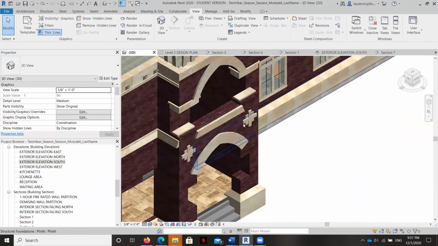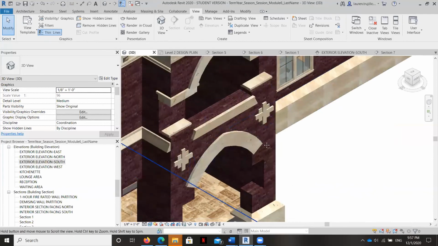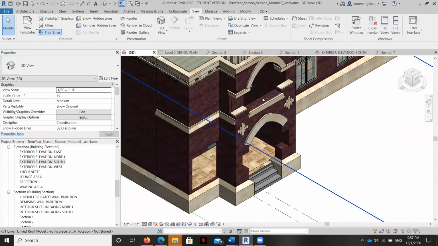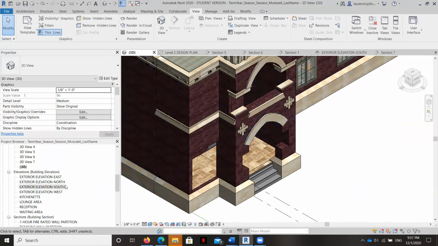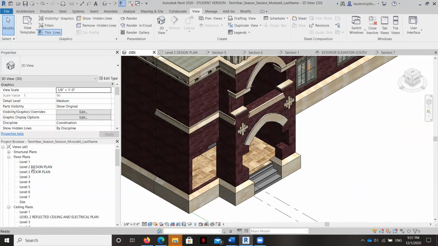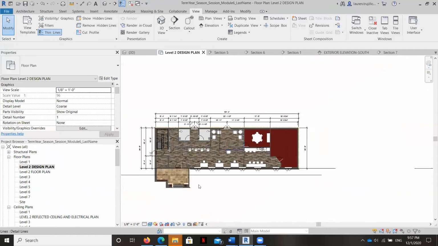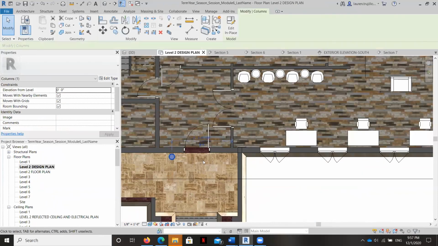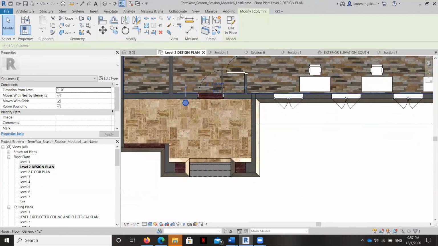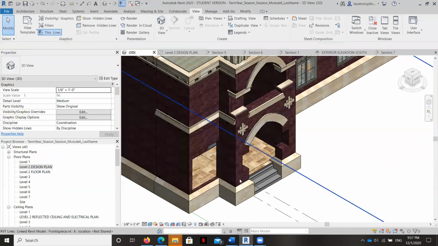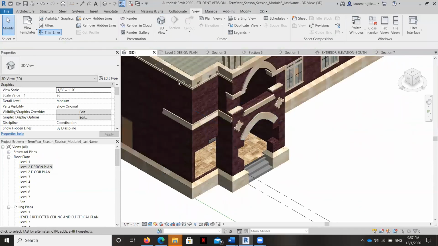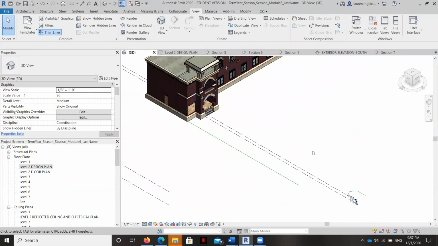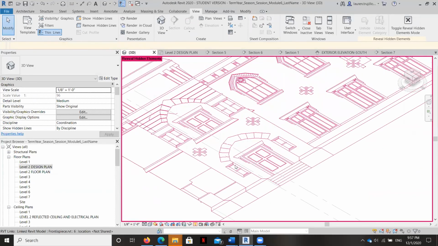So we have in here that floating column that was a revolve that we created way back when. And you can see it right there. Remember we made that? So now we've got to move it. And because it actually needs to sit right here. That's where those two columns go. And you can see them in the elevation views, which I've hidden right now to make our view a little bit easier to see. But those columns we made, they sit right there, and they sit right there as well.